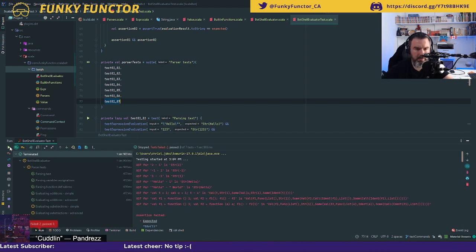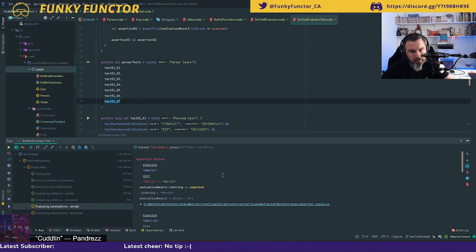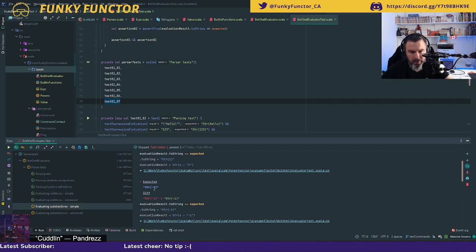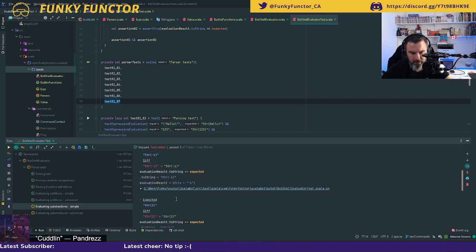Okay, so it is not working. Why? So I am expected to be getting 1 and I am getting 2. I am expecting to be getting minus 2 and I am getting minus 1 instead.